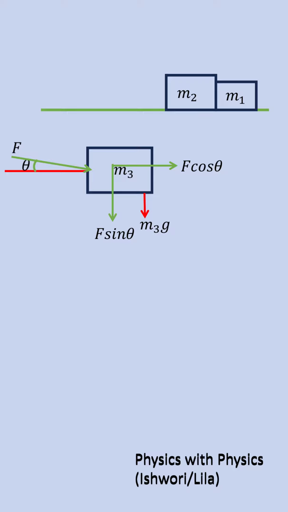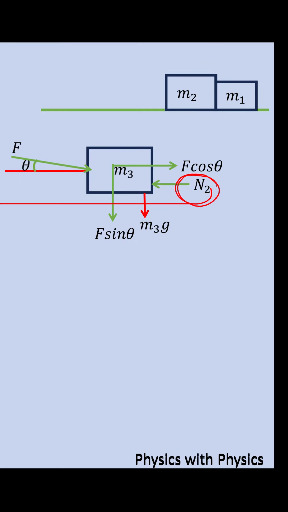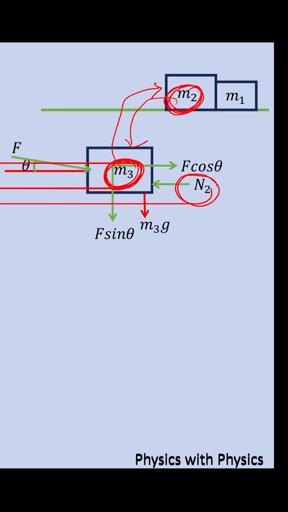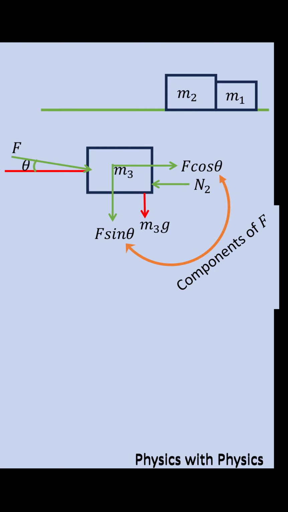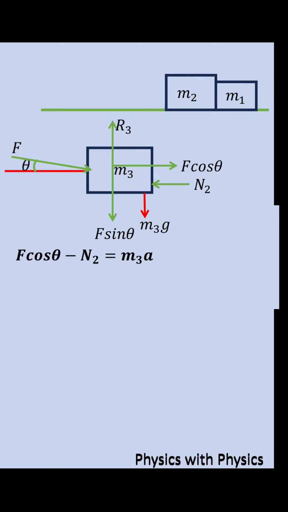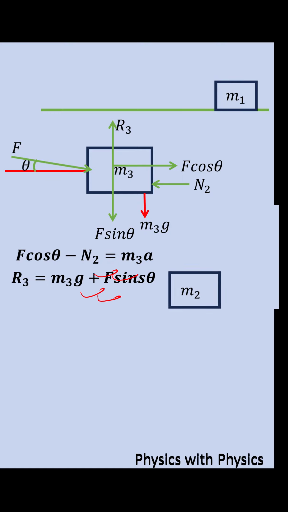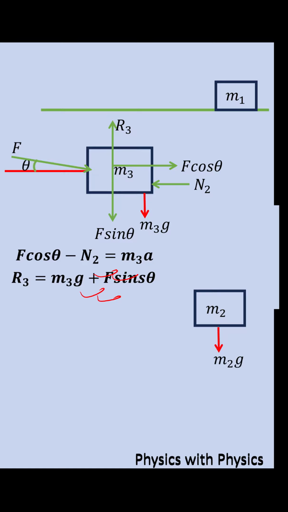Weight acts vertically downward. Now, what is this N2? This N2 is the normal force exerted by M2 on M3. In the same way, M3 will also be exerting the same normal force on M2. Along the x-axis, R3 equals this much. Now for mass M2, weight,